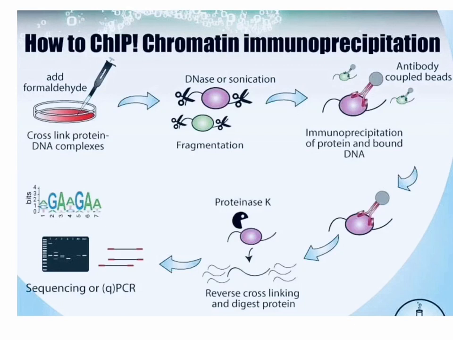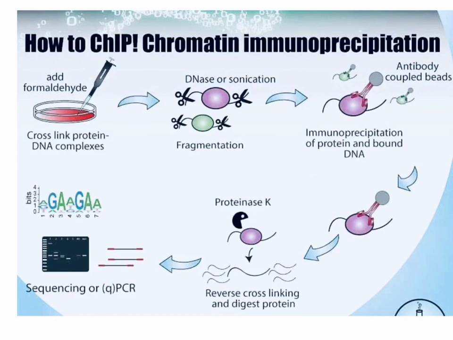Diagrammatically, you will see there is a combination of protein-DNA complexes present. Using formaldehyde, they are fixed, and then we go for sonication to cut them, with DNase enzymes present, and an enzymatic process to cut the protein portion. The protein portion binds with the antibodies, and this is the immunoprecipitation. The remaining DNA you want to isolate, so you use proteinase enzymes to cut the protein portion, leaving only the DNA, and go for the PCR method. You identify the PCR product with a gel electrophoresis method, where you can identify these things. This is the simple way.